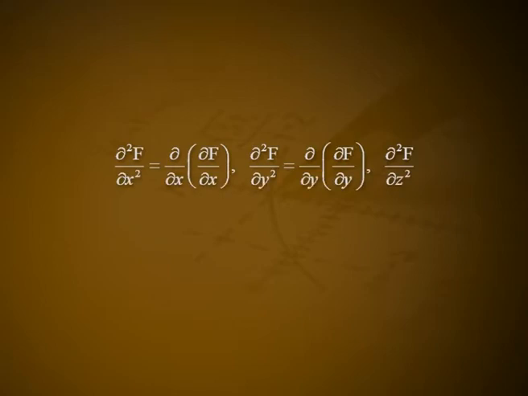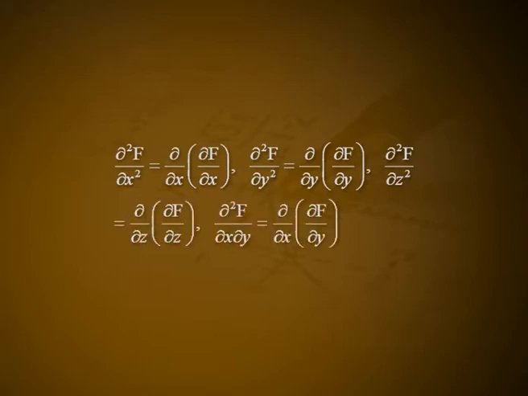∂²f/∂x² is equal to ∂/∂x of ∂f/∂x. ∂²f/∂y² is equal to ∂/∂y of ∂f/∂y. ∂²f/∂z² is equal to ∂/∂z of ∂f/∂z. ∂²f/∂x∂y is equal to ∂/∂x of ∂f/∂y, etc. Theorem 5. If f and g are functions of x, y, z, then